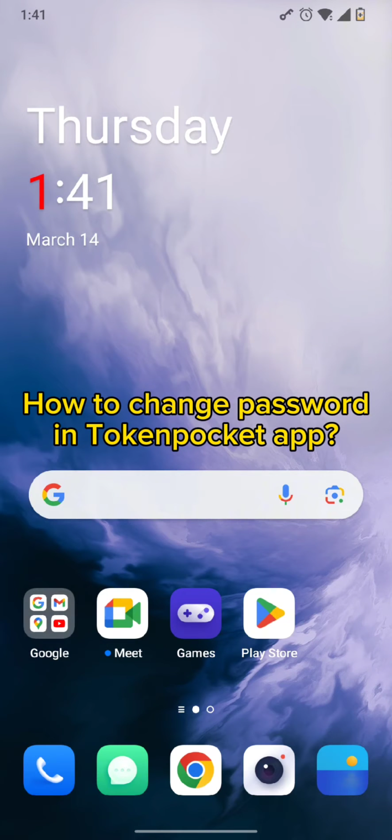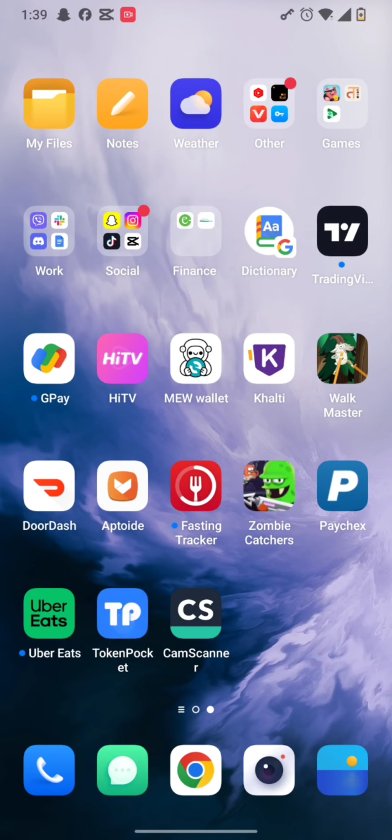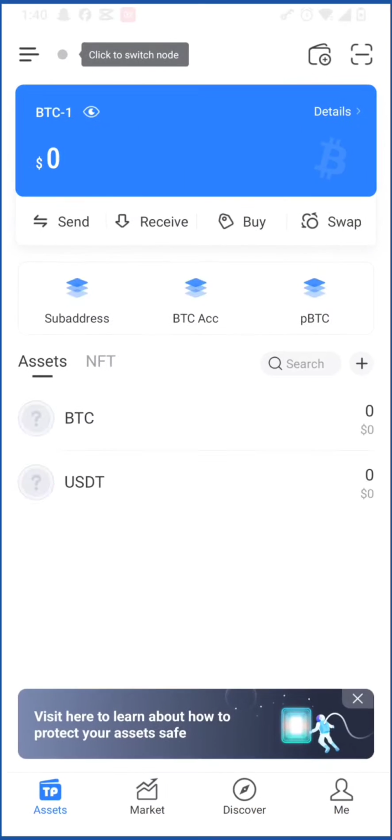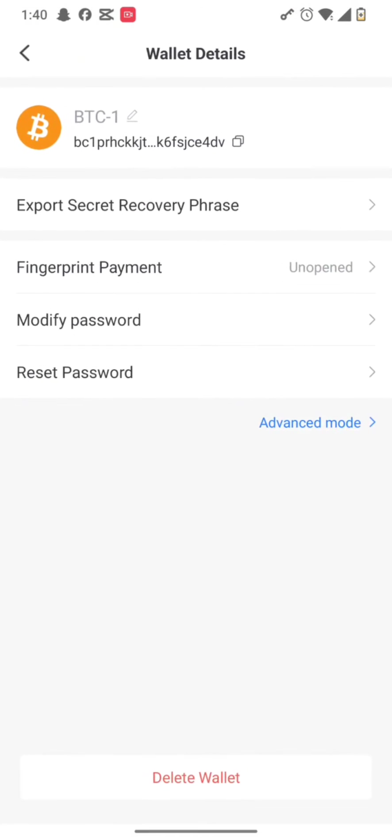So first and foremost, to change the password in TokenPocket, all you need to do is simply tap open the app itself, and once the app gets opened up, you will end up in this kind of interface. Now simply tap on the BTC1 option and you will be redirected to this page where you can find the